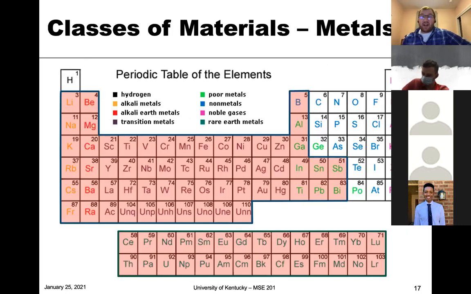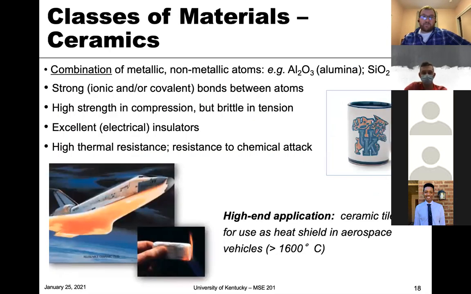And when you're looking at the periodic table, we're basically looking at metals. We're looking at this general area and this big area with the transition metals as well. So there's quite a few metals when we're looking at the periodic table. There's also some over here. So there's a lot of metals. Basically anywhere you see red is what you're looking at with metals. A lot of those won't be common to you, but they are classified as metals.